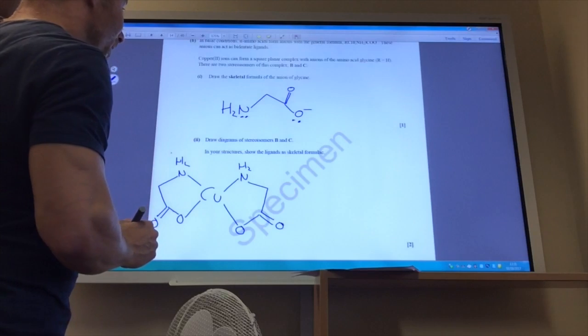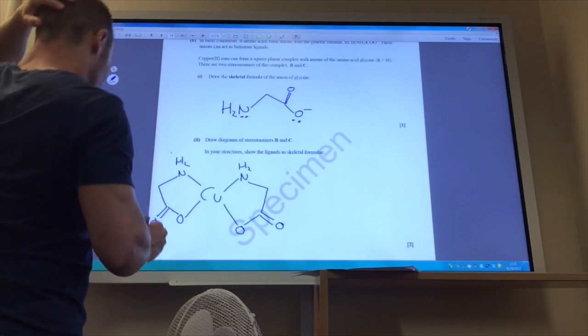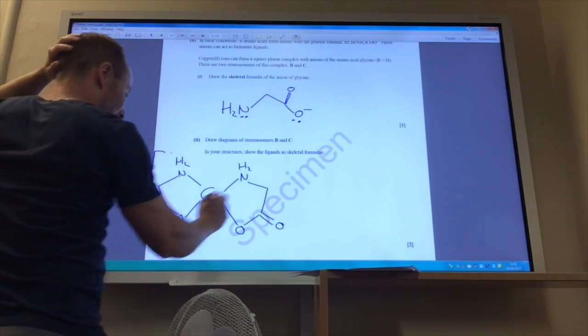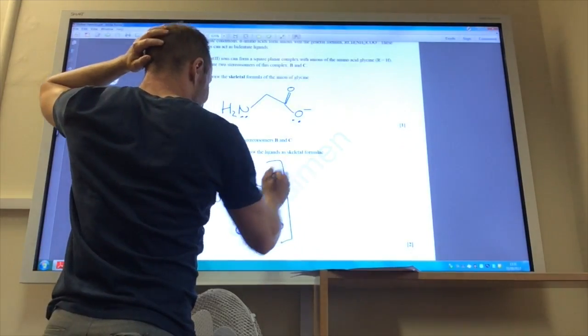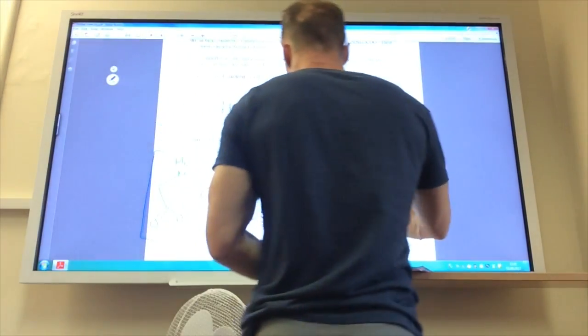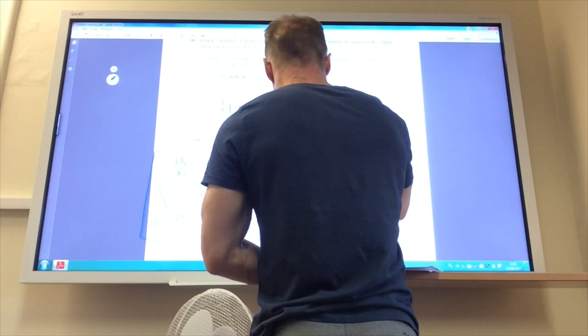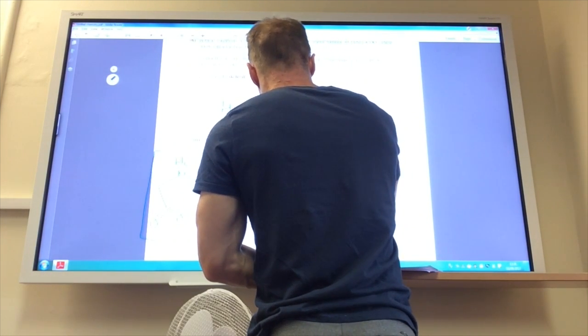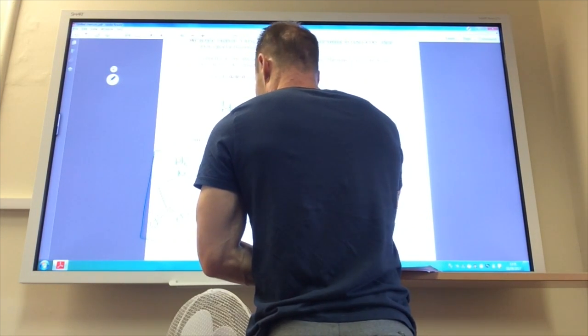And actually that will be neutral overall, because obviously the ligand is 2, each one has a minus charge, and copper is 2 plus. Now for the other stereoisomer, what you can do, let's draw the left hand side one exactly